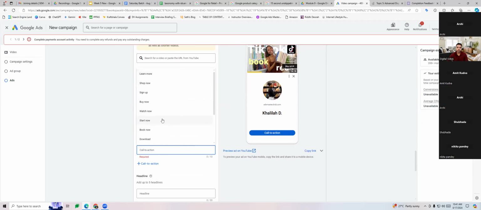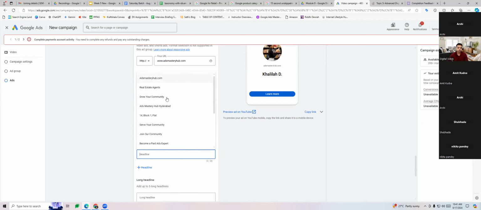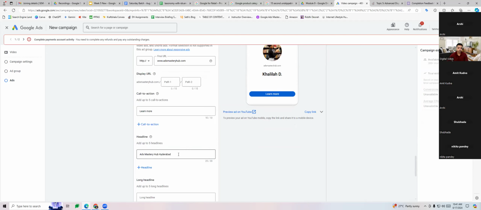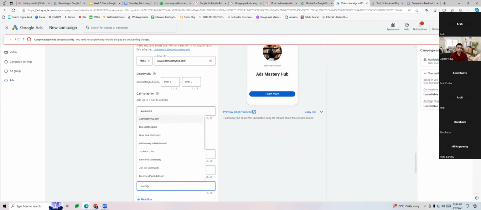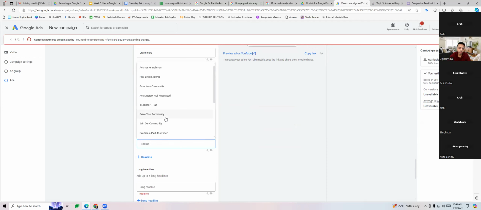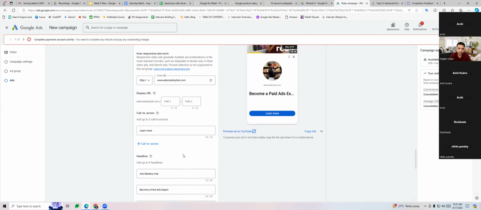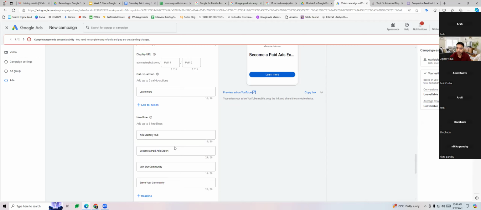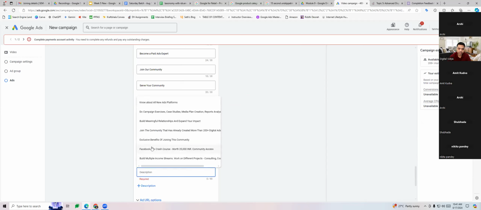And then a call to action, and a headline. In this manner, it is going to go to your website, check out your content, and based on that it is going to take some headlines from there as suggestions. So you can select those and build out your other headlines as well.